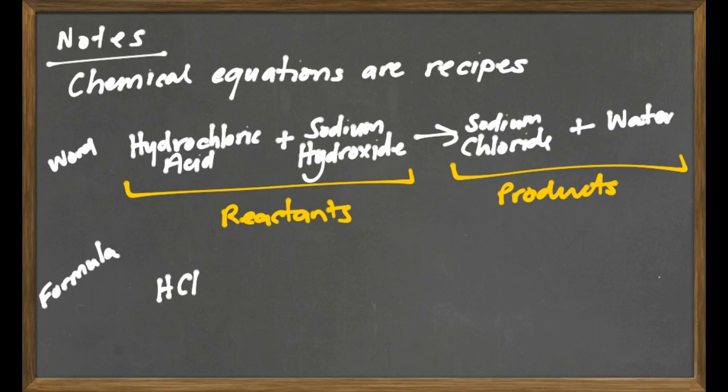Now the next way we write them is as a formula. Now this is important because chemical names can get quite big and it's annoying to have to write them over and over again. The formulas tell you what atoms make up the molecules in a chemical reaction. This is very important. So in this case we have hydrochloric acid, which is HCl, plus sodium hydroxide, which is NaOH, gives sodium chloride,